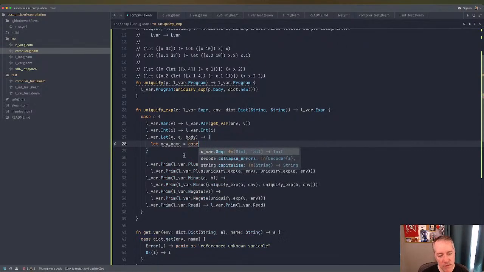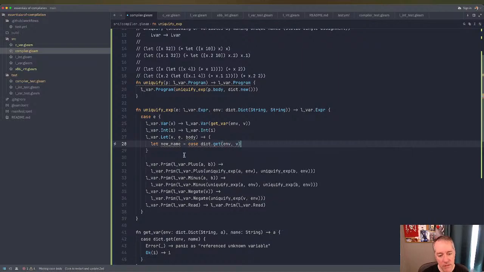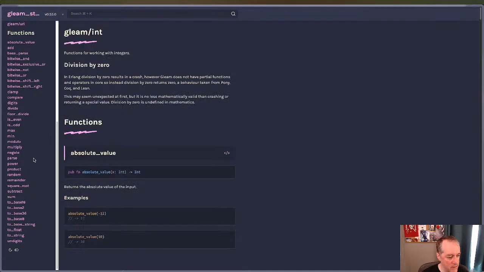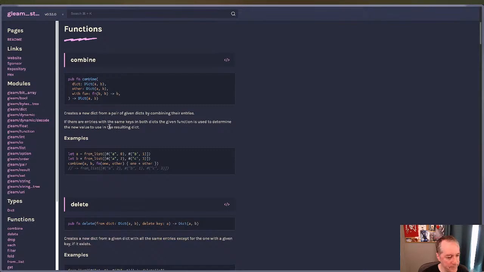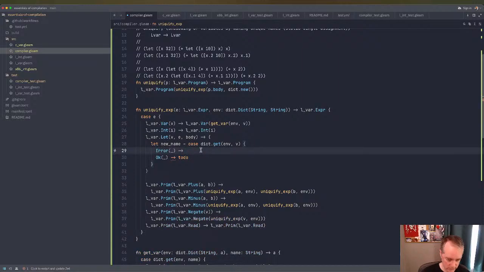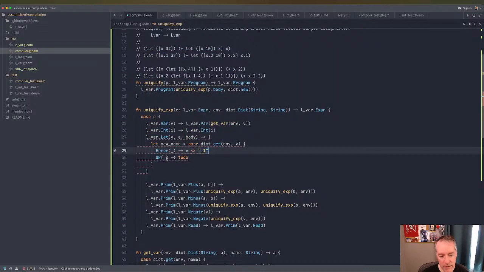So let's see what we can do here. So if there is not a variable, actually we don't care. Let's look at dictionary. Okay, so we don't care about the error case. So what we'll do in this case is we'll say v and add .1. Okay, and if there is one,